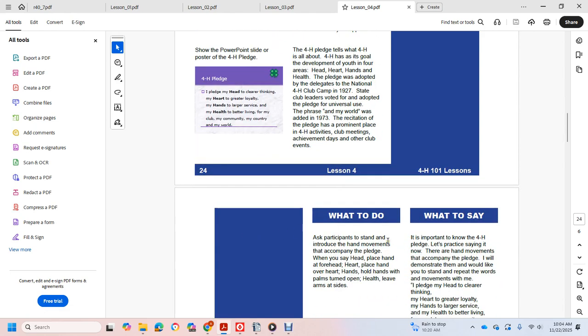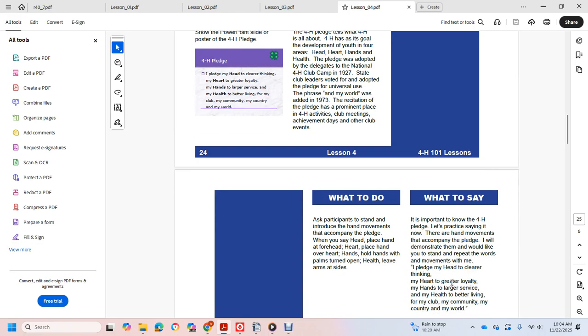What to do: add participation with the hand motions accompanying the pledge. When you say head, place your hand on your forehead. For heart, place your hand over your heart. For hands, hold them out with the palms turned out. For health, leave your arms at your side. It's important to know that the 4-H pledge is best practiced with the hand movements, so I will demonstrate them. I would like you to stand and repeat the words and movements with me. I pledge my head to clearer thinking, my heart